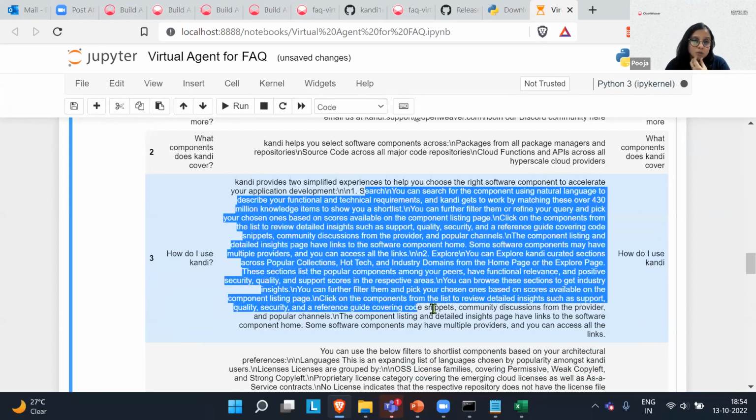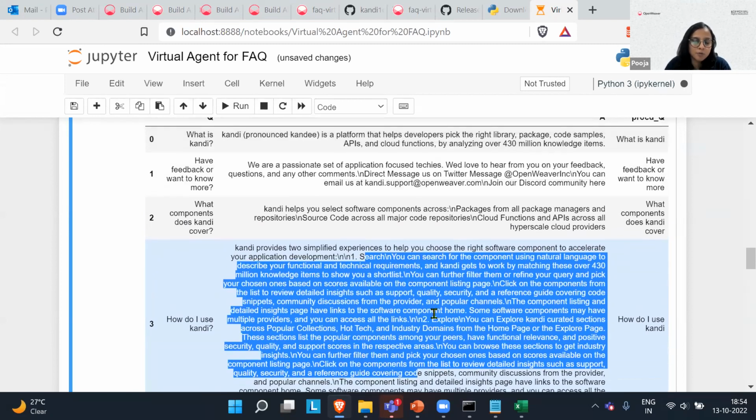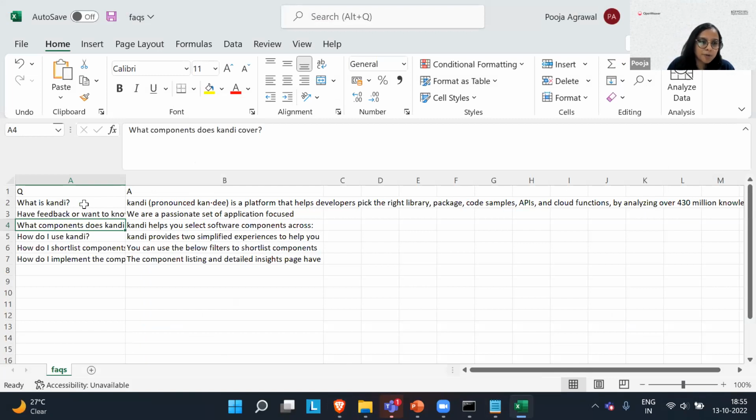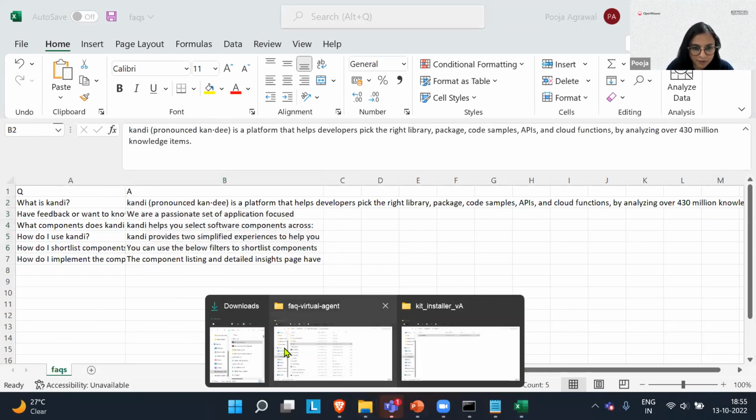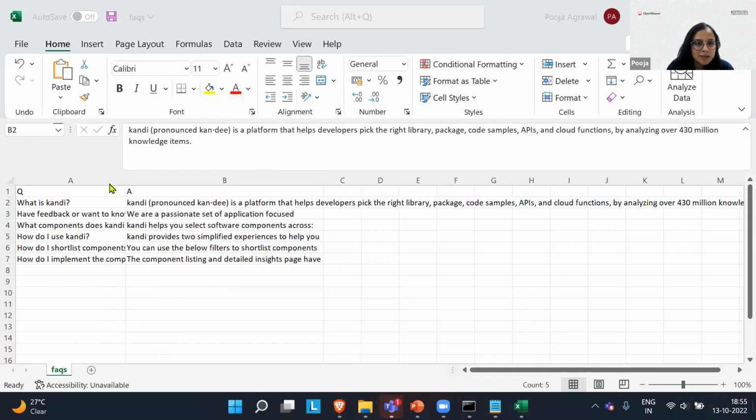Now, suppose you want to create your own data set. I mean, you want to work on your own bot with your own data set. So how do you simplify it? Just copy paste your questions here, right? And the answers accordingly here. So I do have another created data set, which has